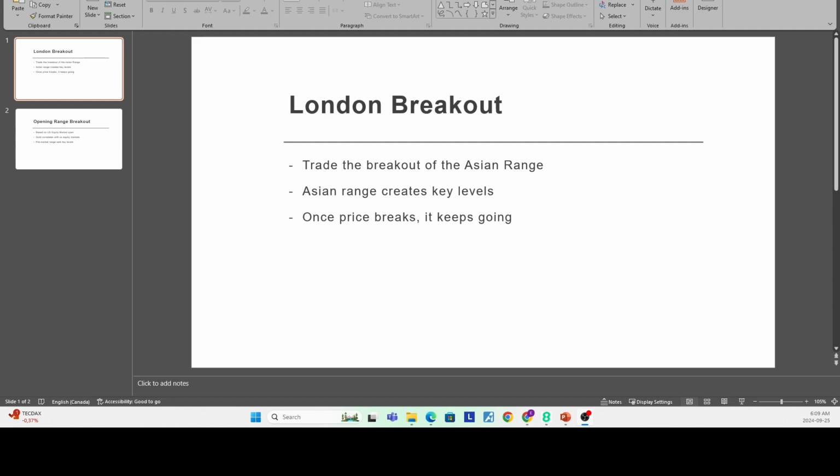created by the Asian session, and then when price breaks above the key levels created, the premise is that it generally keeps going. And this would be because the Asian range creates almost like psychological levels amongst traders and in the market in general. So if price breaks that, the hypothesis is that usually you'll see a larger continuation from